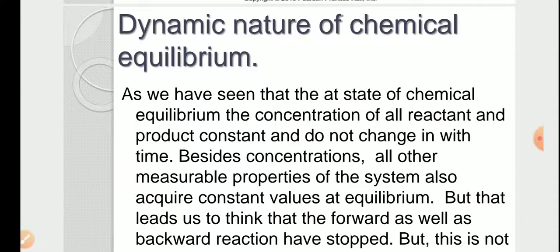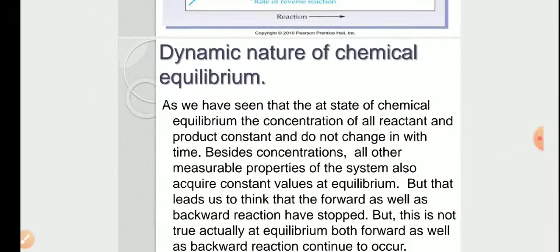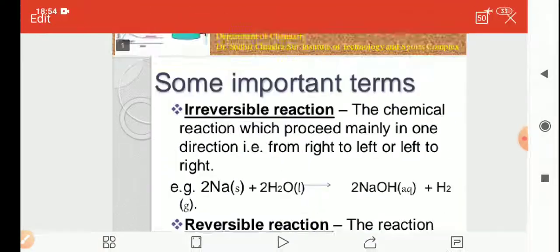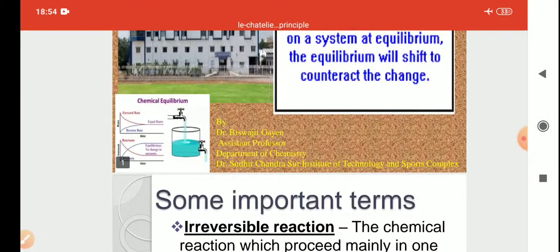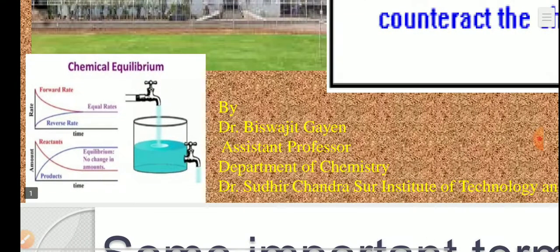For a reaction in equilibrium, there is no change of composition with respect to time. In the formation of ammonia, if I check the concentration of ammonia at a particular time and it is X, and after some time it is the same, then we say it is under equilibrium. But it does not mean that the equilibrium or the composition is fixed, because if you look into this picture, it will be very easy to understand.